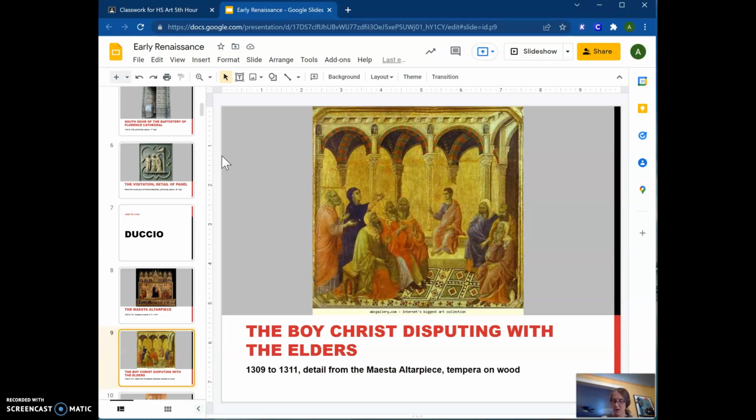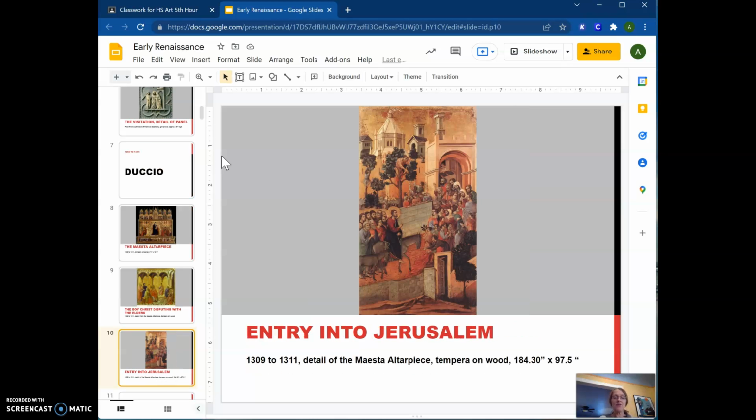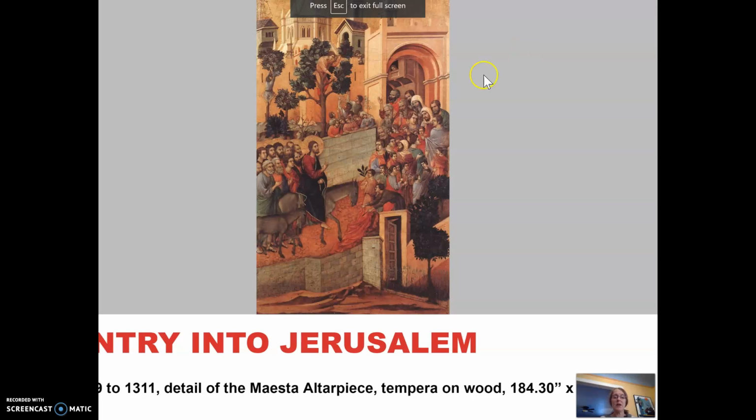All right. Now, here's another panel. This is called Entry into Jerusalem. And if we look at this one in detail, here you see Jesus riding on a donkey. This is a scene that dictates the end of Jesus's life. He is coming in on a donkey, and he's not on a noble steed like a general would be or an emperor. He's humbling himself. He's on a donkey, okay? But it's the same metaphor